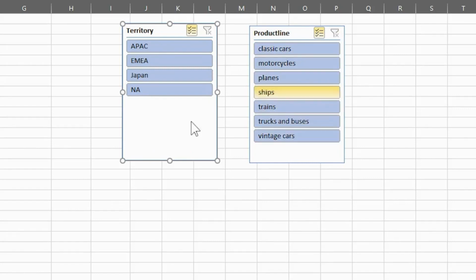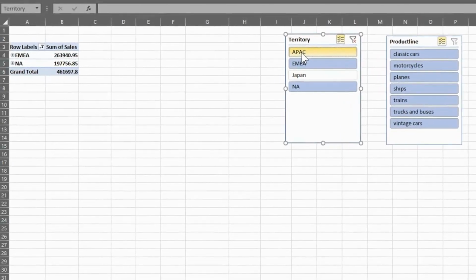Then let's clear the slicer filters. And now let's filter using both slicers. Note that when you use multi-select filtering, when you select an item, you are in fact filtering it out. That is, you are defining which items will not be displayed in the pivot table. This is the opposite behavior to when you were selecting single items in a slicer. So now we are displaying only classic cars, trains, and trucks and buses products for the EMEA and North America